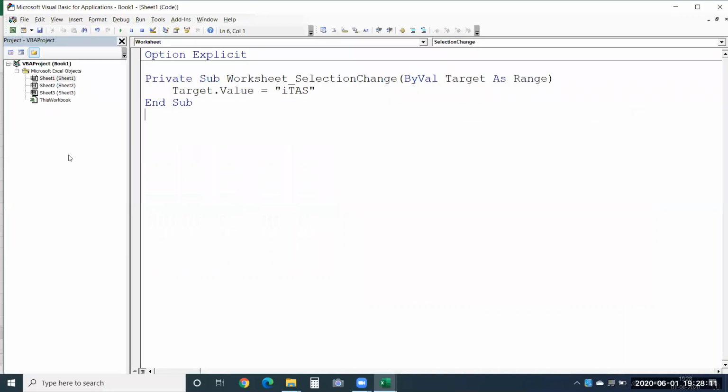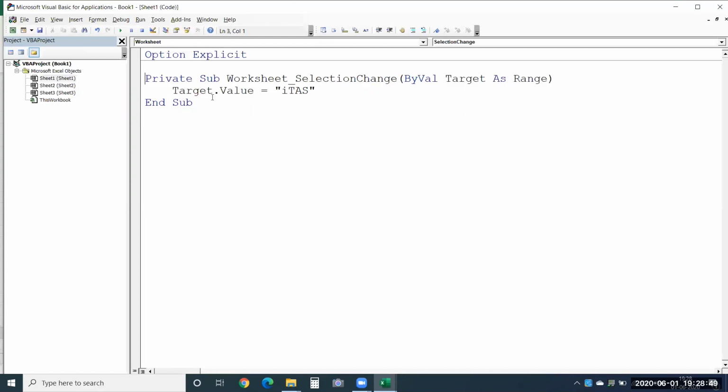Go to developer, I'll choose this. So we already have the sheet 1 kept open. So you should understand something here. I can use a particular event for an object only once. I have already used the selection change event for worksheet sheet 1. I cannot write another program over here using the same event. That's not possible. I can use an event only once for a worksheet module or a workbook module as well. The event can be used once.